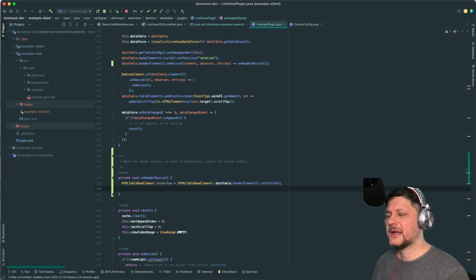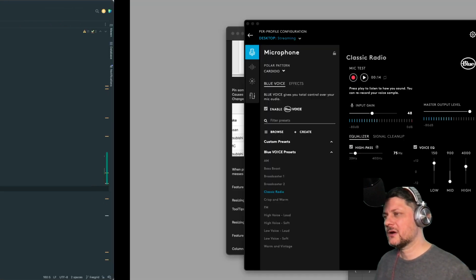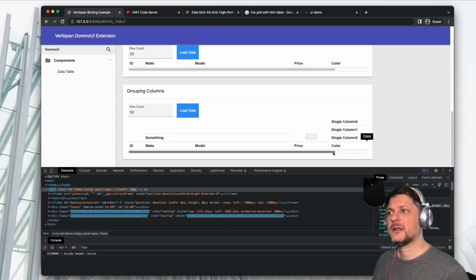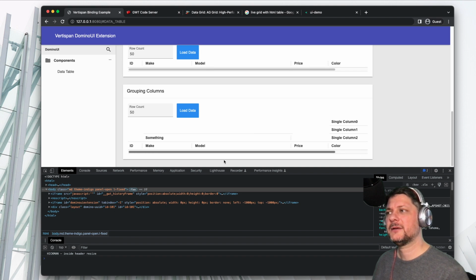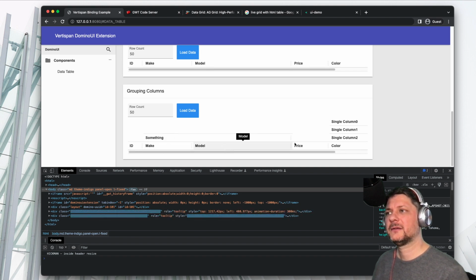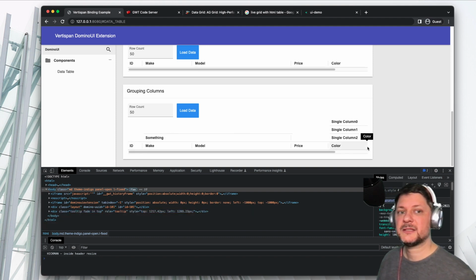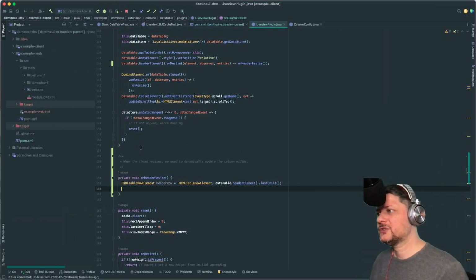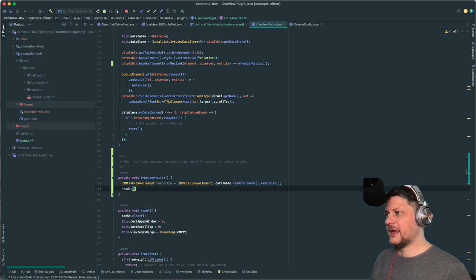And so we get the last header row, and that's only because of the grouping. It looks like the last header row will at least have all of the columns in there. I couldn't imagine it not. And this should be the last row in the T-head. Usually it'll have just a single row, but for grouped, it'll have multiples. So for the header row,